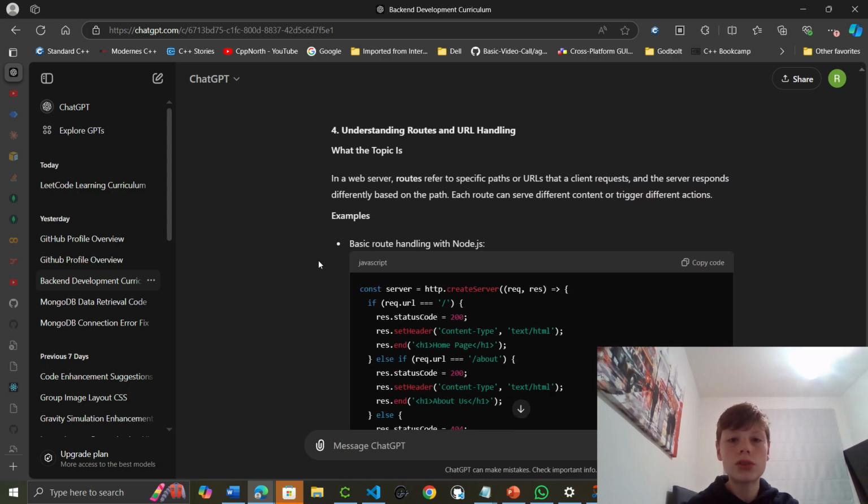So, understanding routes and URL handling. In a web server, routes refer to the specific paths or URLs that a client requests, and the server responds differently based on the path. Each route can serve different content or trigger different actions. Example: basic route handling with Node.js. Okay, so we're going to create a server. If the URL is just the forward slash